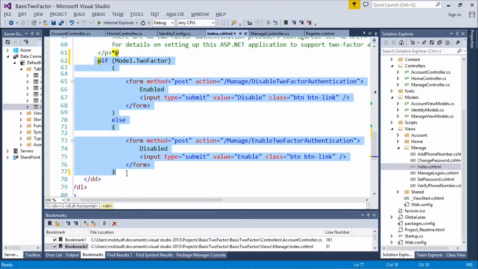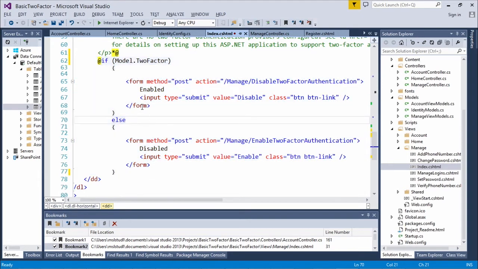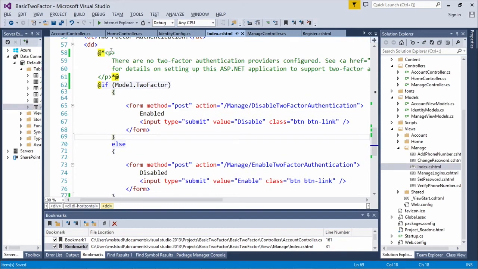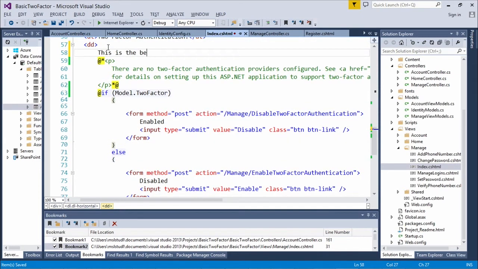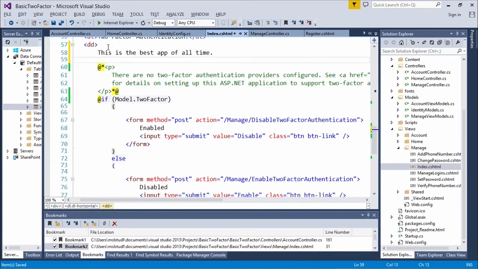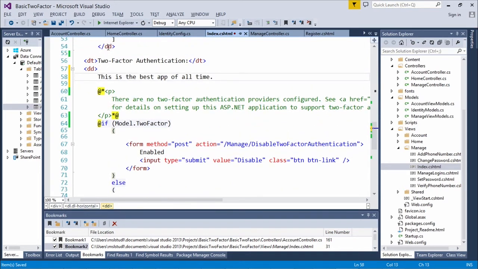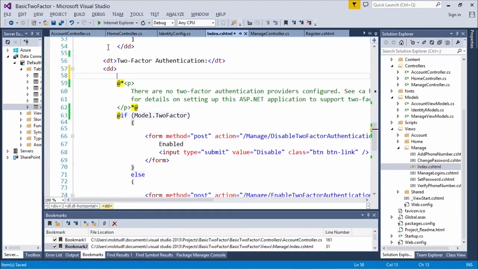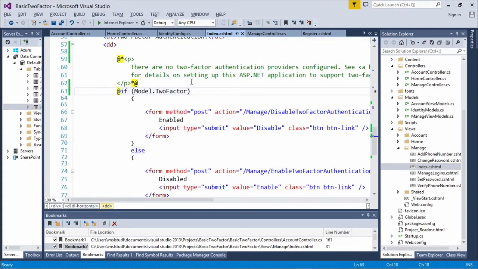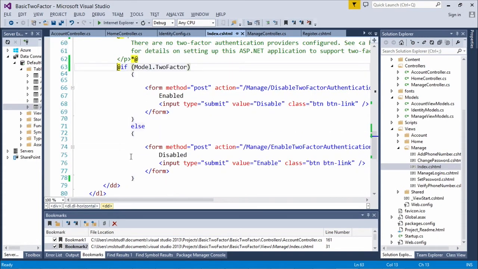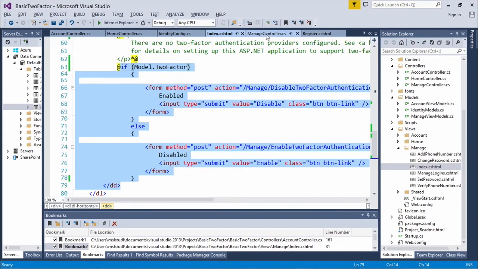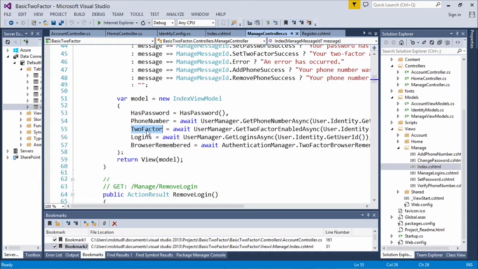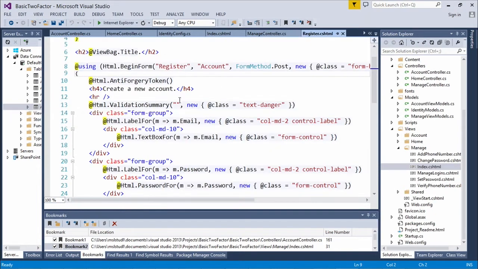You can say whatever you want if you just edit the HTML. So now down here, this gets a little bit smarter about it. Recall that in our manage controller, we have this field that's being sent back to our view: is two-factor enabled for this user? And that's going to be true or false. If we look at the actual code here,